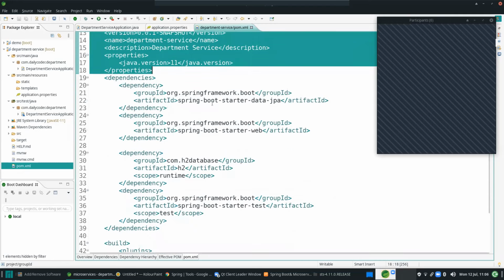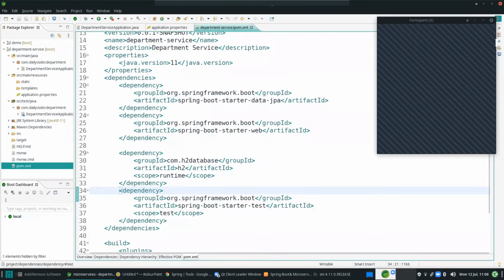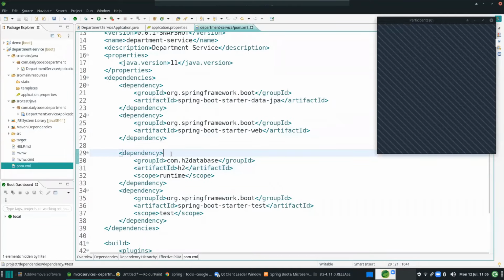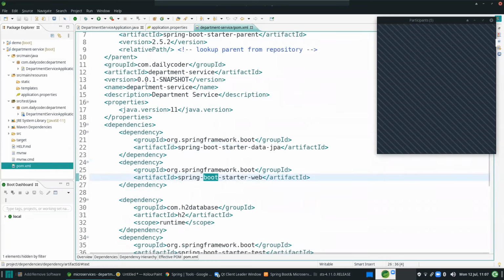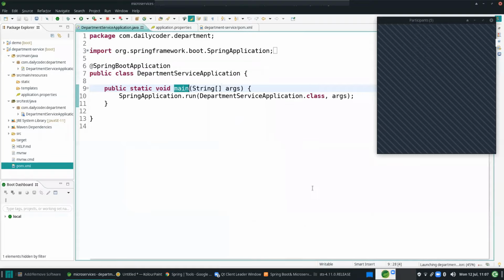And see, these are the dependencies we have added externally: starter JPA, starter web, and H2 database. So these are the three dependencies we have added. What Spring Boot will do is look at these dependencies and create all the configurations for you. So let me run this application. See, run as Spring Boot application.